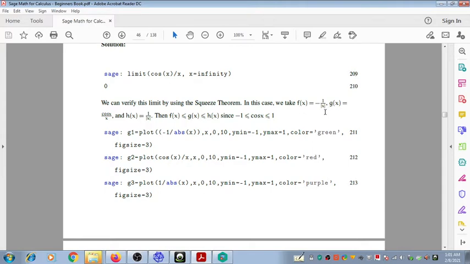After division we get -1 divided by the modulus of x less than or equal to cos x